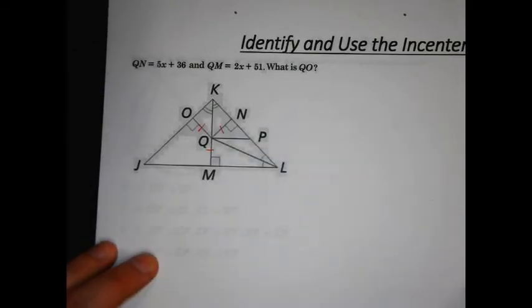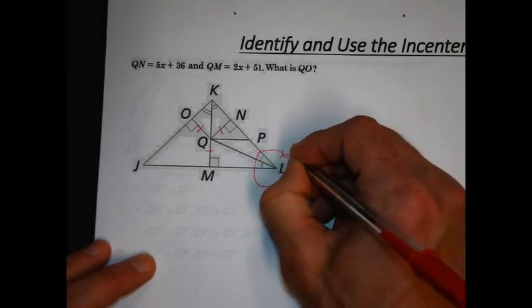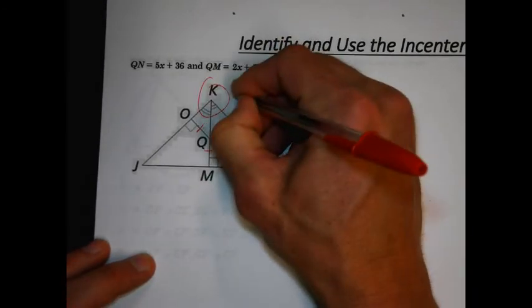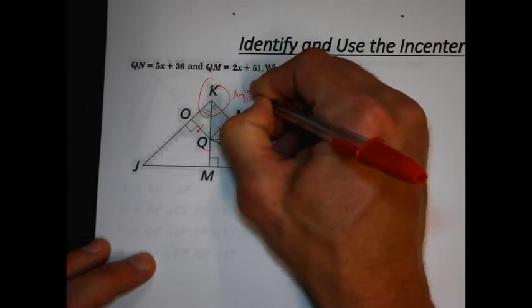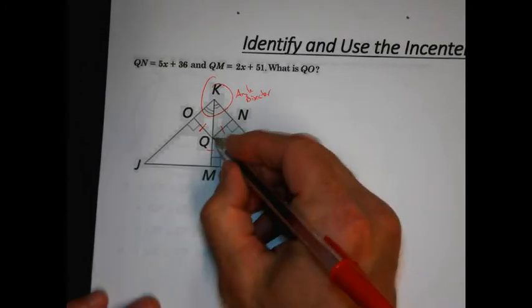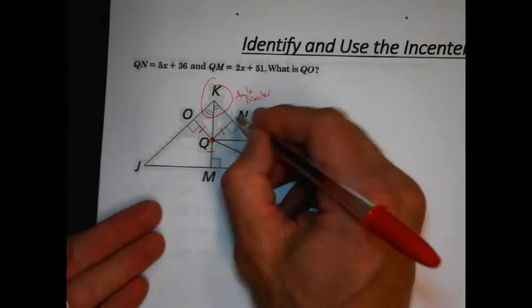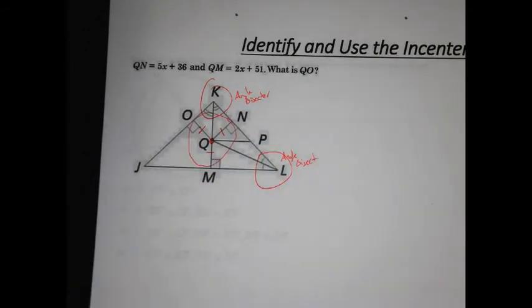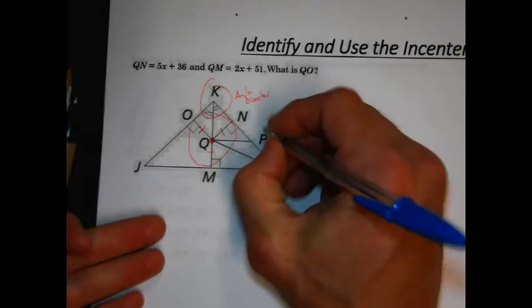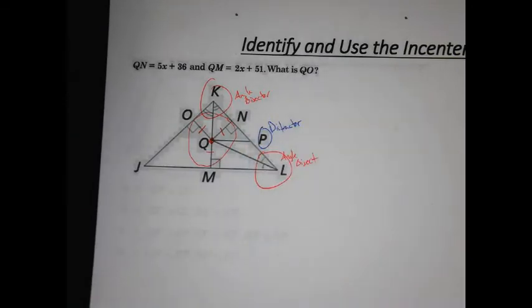Well, because we have an angle bisector here. We have an angle bisector at L, and we have an angle bisector at K. So we know where those two angle bisectors meet, that's the incenter. And we know the incenter means we have a radius there. So QP is nothing, right? QP is a distractor. We don't need it. Okay, so if we know those two things are the same, just like the previous question,